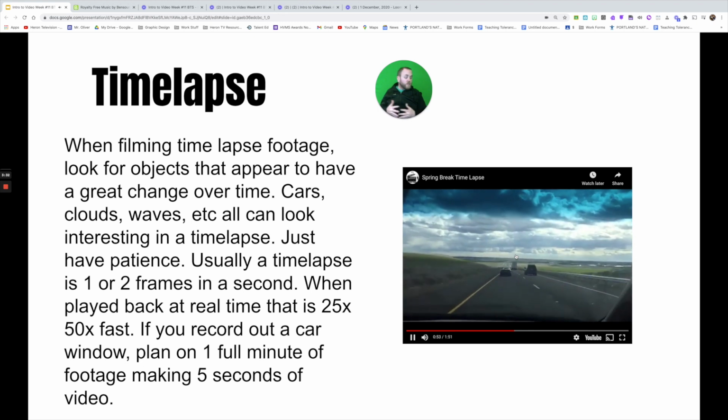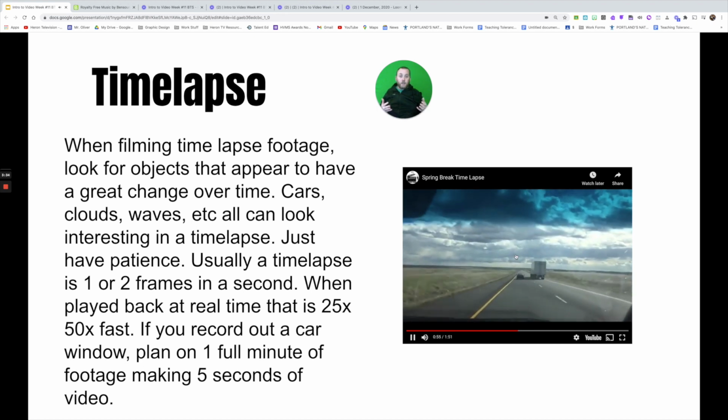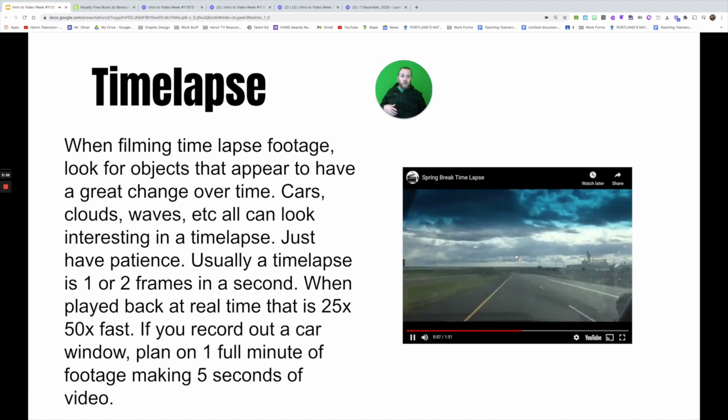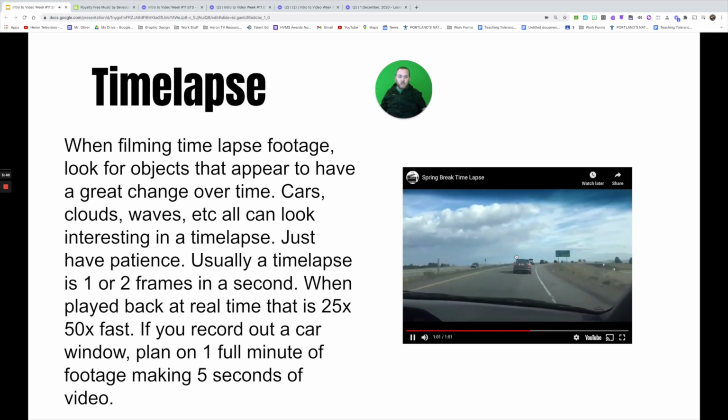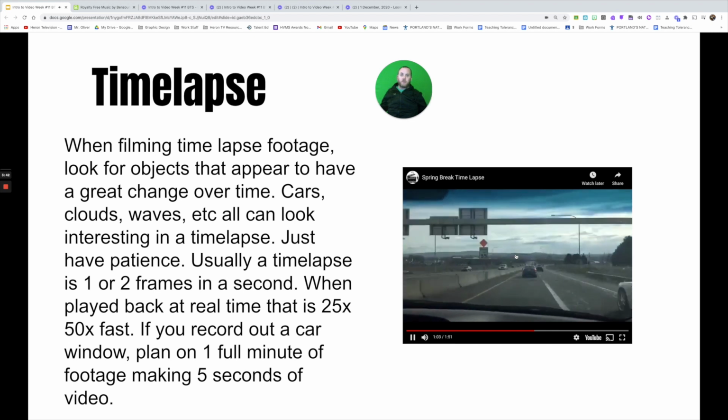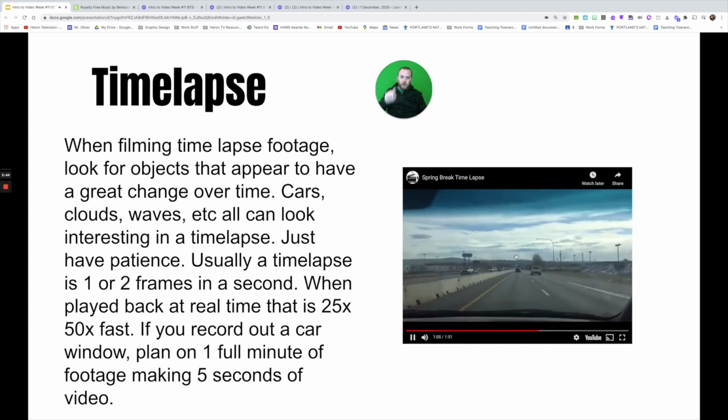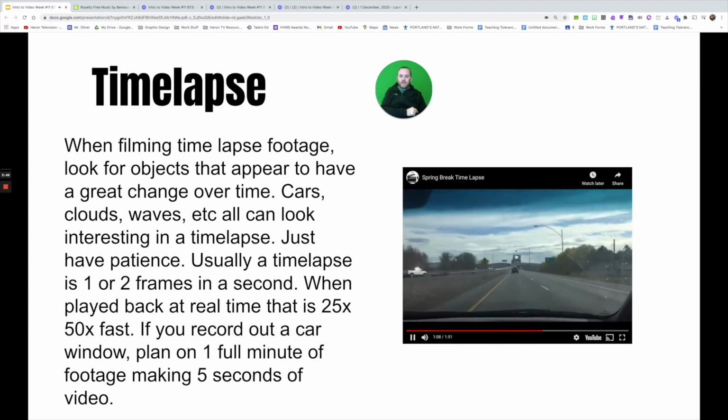I know a lot of phones have that as an option. In my example, I shot it with both my phone and with a GoPro. I even have time-lapse on my DSLRs that I use. But since I was filming myself, how to use those, and we'll cut to that just a second so you can learn all about how to do